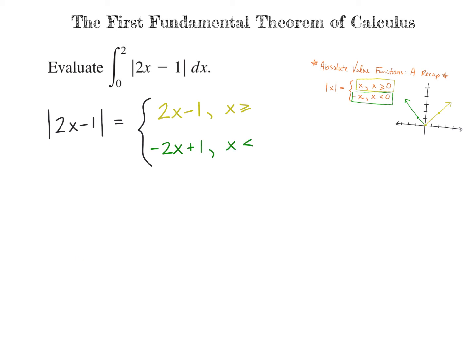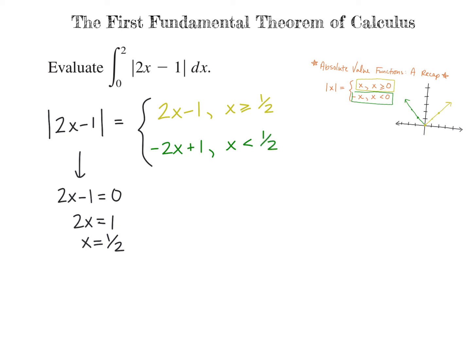Now, how do we find out what that value is? We basically want to know when this equals 0 to know when what's inside was something positive versus something negative. So let's set this equal to 0 real quick. And when we solve, we'll see that the vertex of this function, where it hits the x-axis, is going to be at 1/2. So we have this piece